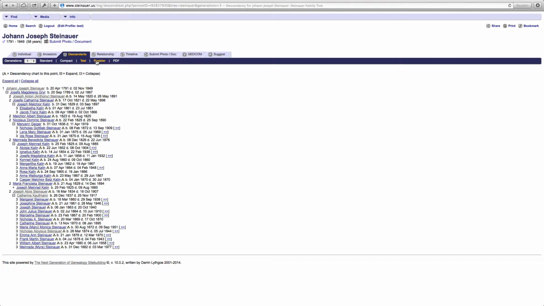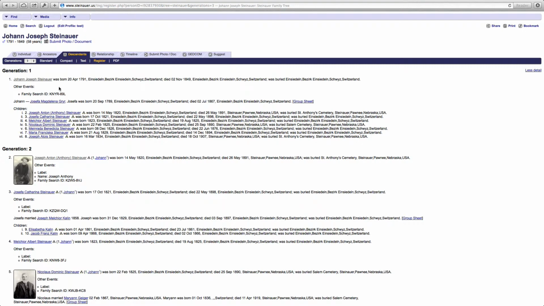The one that's most similar to the family tree notebook is this register view. And so if I go into this register view with Johann Josef, you can see all of the various different generations of his family all the way down. And so if you were to do generations and do 12, you'll probably get everybody. Be warned that if I do 12, you're asking the family tree software to do a lot of calculations, and that might be slow. So I would recommend keeping the number of generations a little bit on the small side,